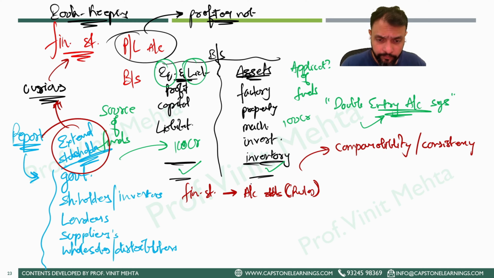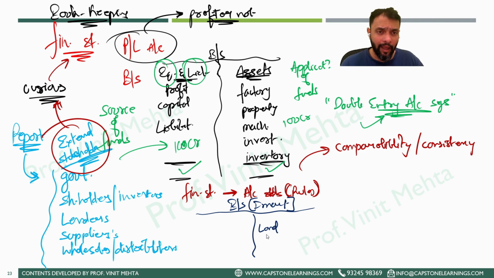Let's talk about it. Are you aware of a company called DMart? The name of that company is Avenue Supermart, but I'll stick with DMart because that's the popular term. On the asset side, DMart has something called land. You know why? Because out of roughly 300 stores owned by DMart, 80% of these stores are owned